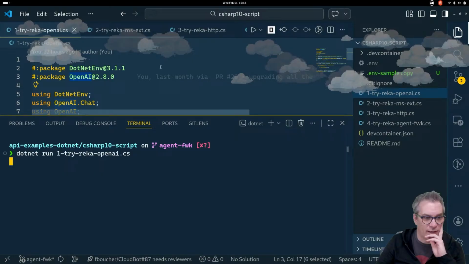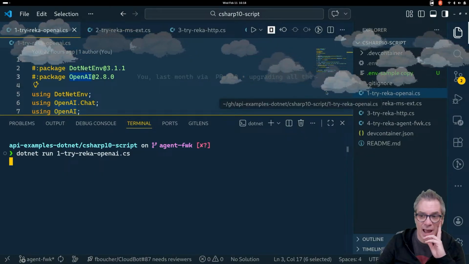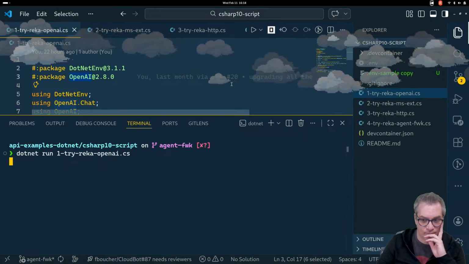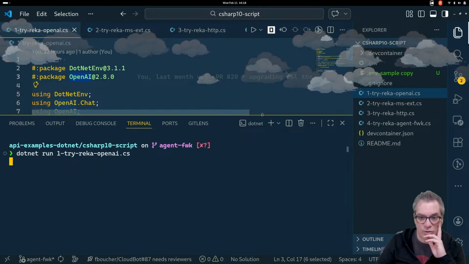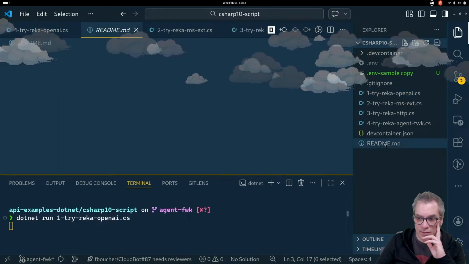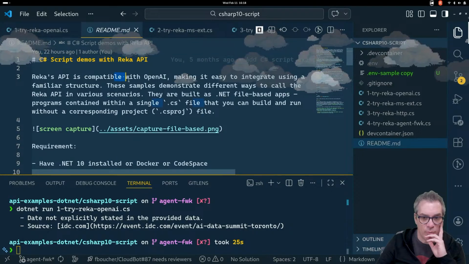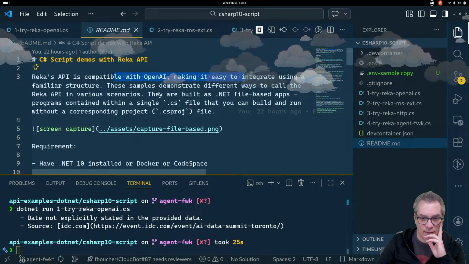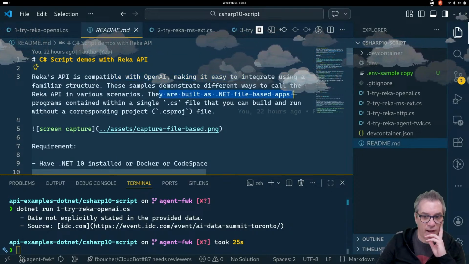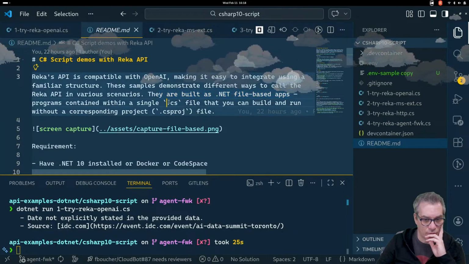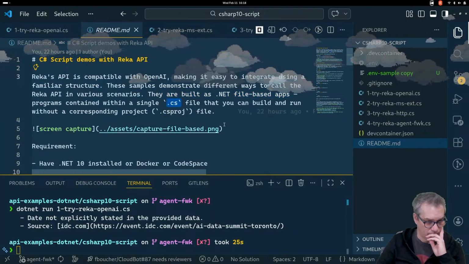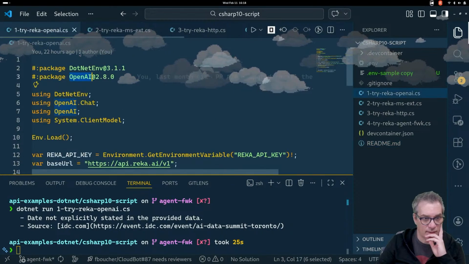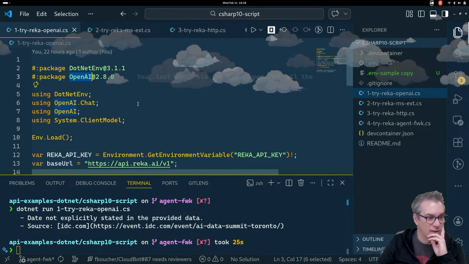It's just one file. Each app is one file. While it's running, that's also the thing I change here. I'm using file-based apps, just a CS file, no project file. That's part of the things I change.